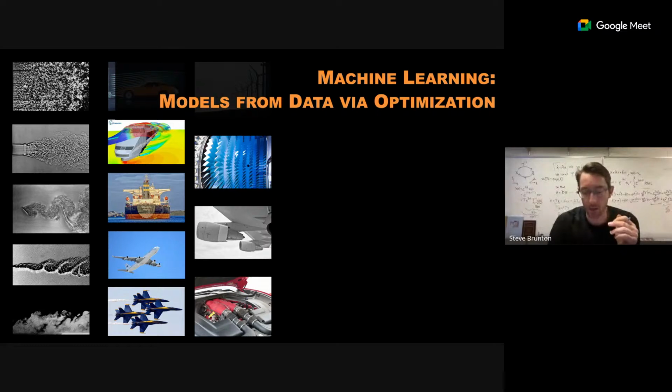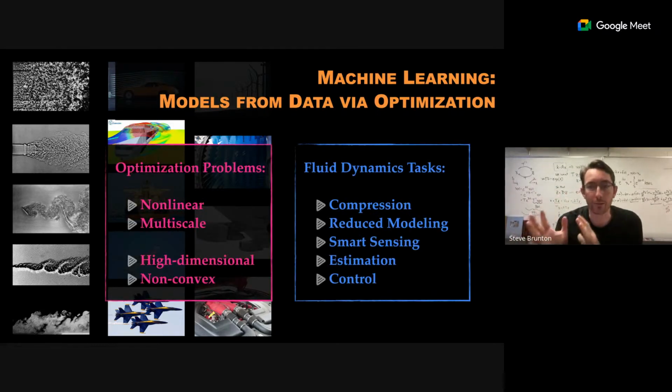Now, why are fluids hard? So we have on the right fluid dynamics tasks, things like compression. When I simulate a fluid, it has millions, if not billions, of degrees of freedom, very, very expensive, high-dimensional supercomputer simulations. We need to reduce the number of variables to key features. We need to be able to get reduced order models, differential equations that are solvable quickly in real time. So Navier-Stokes at full scale cannot be solved on the world's fastest supercomputers in real time. We need to speed this up by millions or billions of times so that we can do real-time design, optimization,